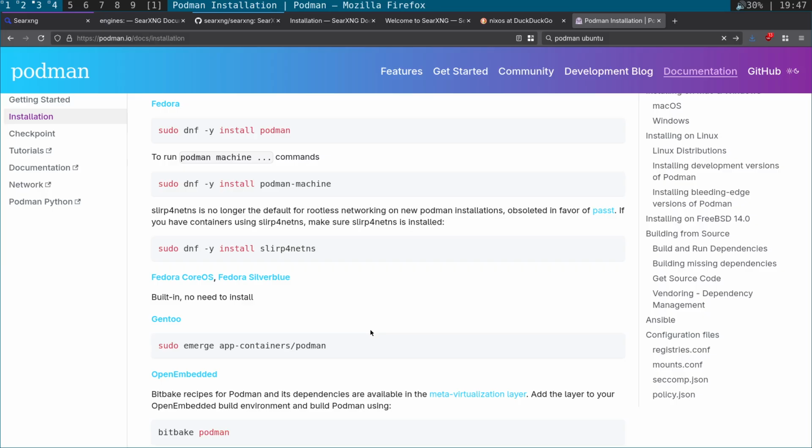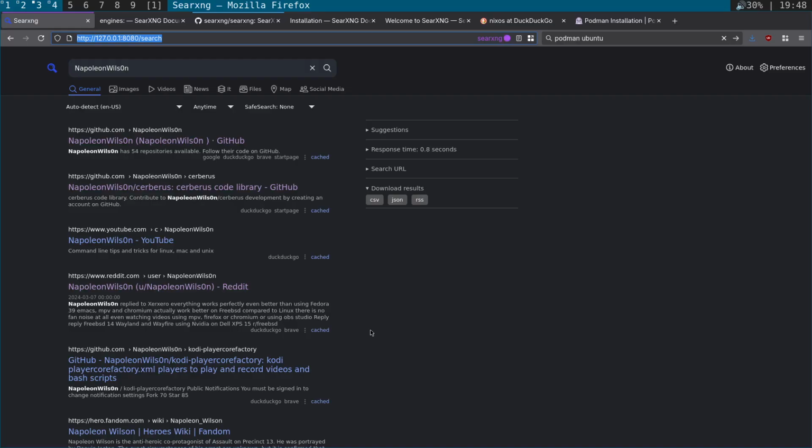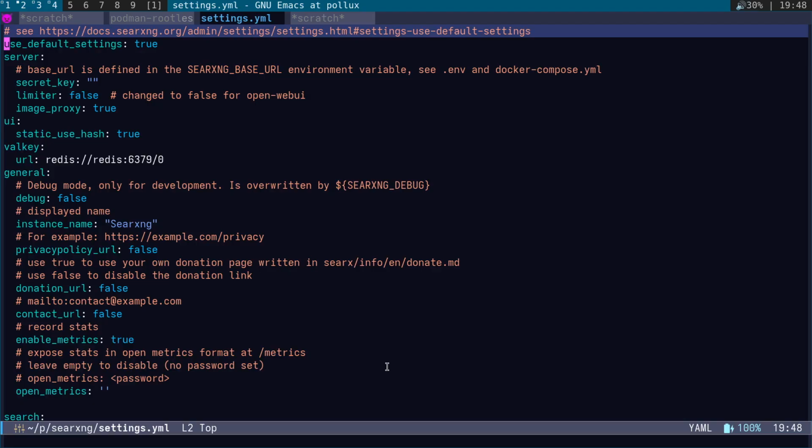Obviously, the first time you run the Searxng start script, it's going to pull down all the containers, everything, which may take a little while depending on your internet speed. But after you've done that, it'll be good to go. And as I said, you just need to run it with Searxng start and then podman compose down to stop the container. You can tweak all the interface. You can change the ordered tabs, what comes up in here. But as I said, I need to figure out what the issue is with changing the use default settings from true to false